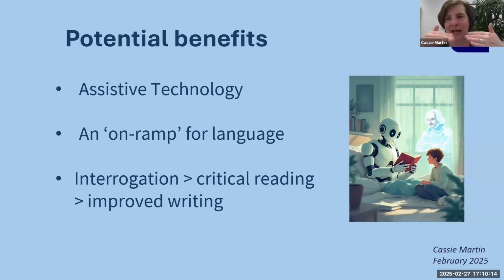And there's that dialogic element, which obviously, we all think dialogic teaching is brilliant in English, and it is, but is that something that chatbots can do? Because there's been a lot of research on dialogic teaching with learning second languages, so learning an additional foreign language. So is that something that a chatbot could offer, decoding something like Shakespeare and really getting to grips with more challenging language? And I wonder, I haven't researched this yet, but it's an area definitely to look into, whether this critical reading, this conversational back and forth, this dialogue between the reader and the chatbot around that text